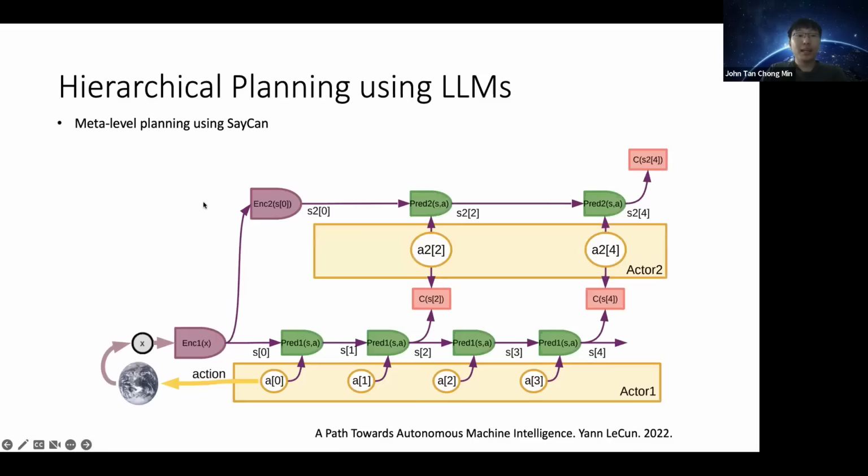So this is the reason why I chose this paper to present today, because I was thinking about how we can do meta planning using a goal state, and this goal state can be written in natural language, and then how can we come up with sub-goals in order to execute it. So in some sense, if you look at A Path Towards Autonomous Machine Intelligence, you can